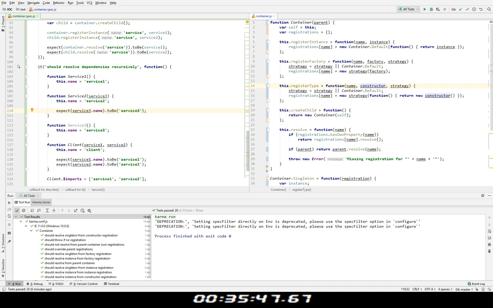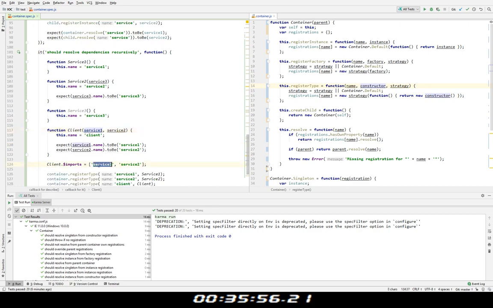Well, at least it gives me some check for recursiveness. So when the container is resolving client 1, it will try to resolve the dependency by the name stated in imports, and it will resolve me the service 1. When it tries to resolve service 2, it will resolve the dependency by name service 2, and the service 2,